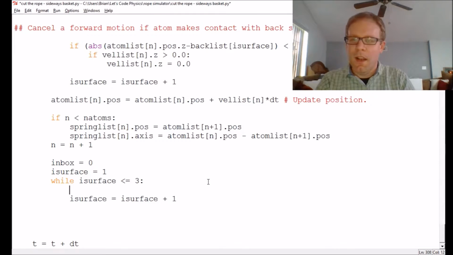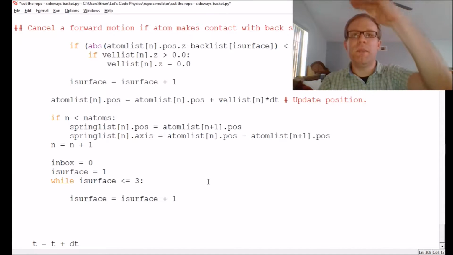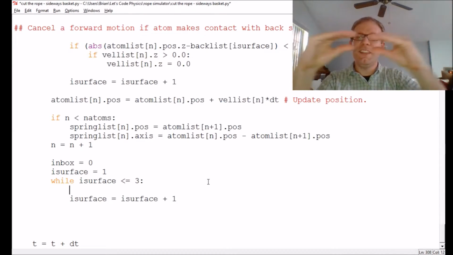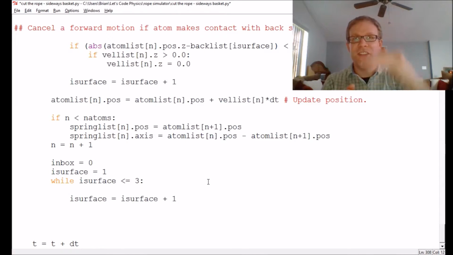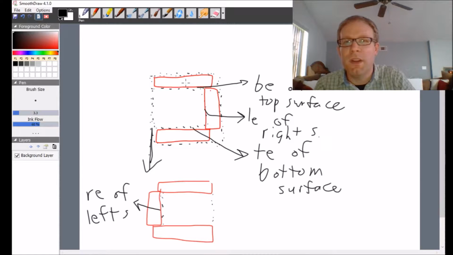There we go. All right, so what we're going to do now is check whether this particular surface, this particular wall of the basket, is above, below, to the right, or to the left of the candy. And that's pretty straightforward. All I have to do is check its position, right? Because I don't have to worry about it extending in the other direction, or about the size. I have to worry about the position because I'm looking at the x or the y. Cool. Sorry, let me illustrate what I mean there. For example, when I'm checking for this one, I only have to check whether this surface is above the candy because this surface is going to tell me,